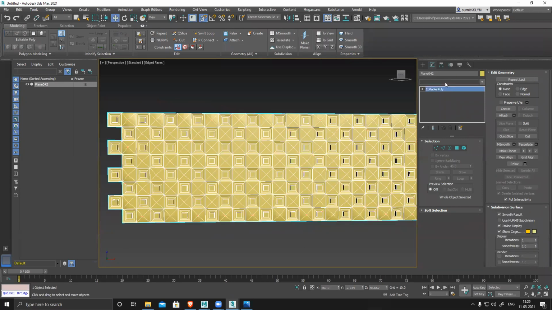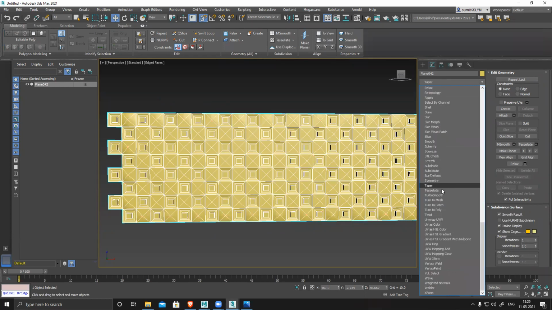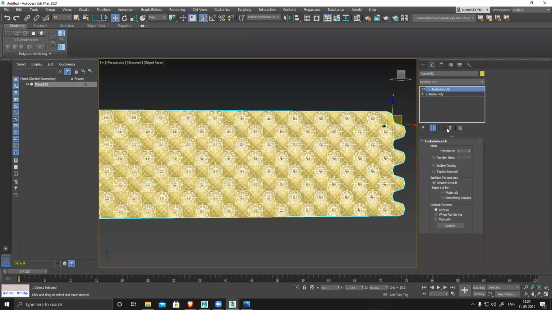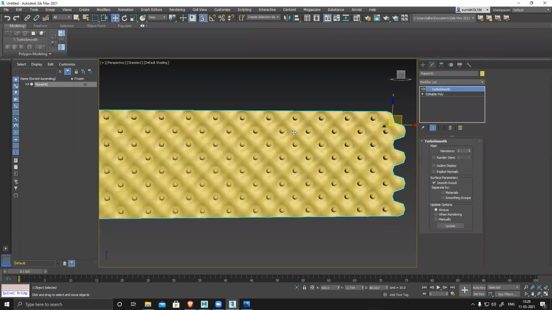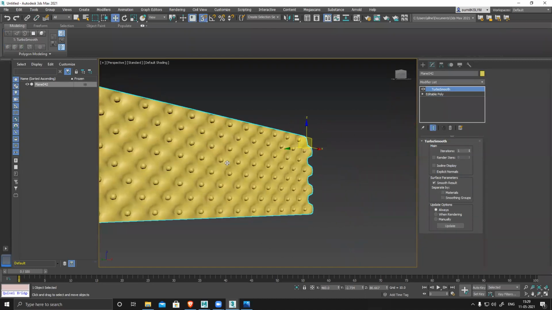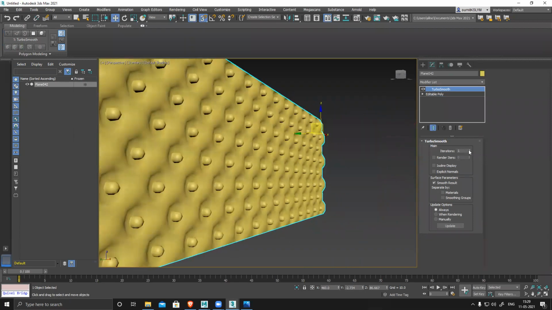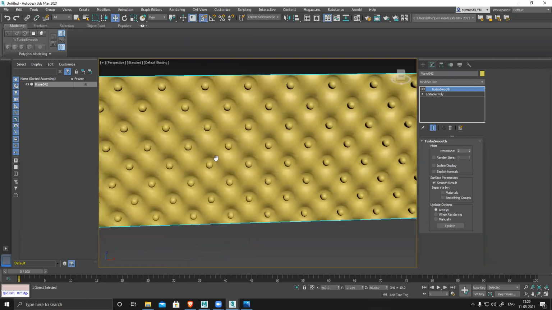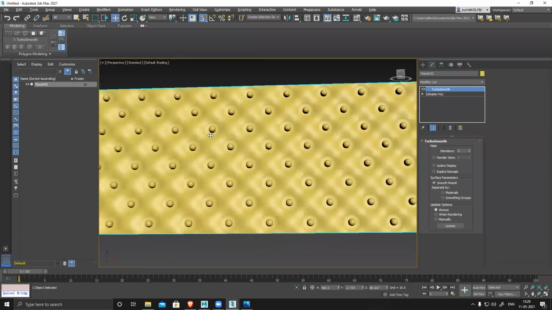And now apply a turbo smooth and check if everything is welded properly. Yeah, see, everything is welded. There are no open edges, nothing. So you can see now it started giving you that cushioning effect. Okay, this part is a little too rounded.